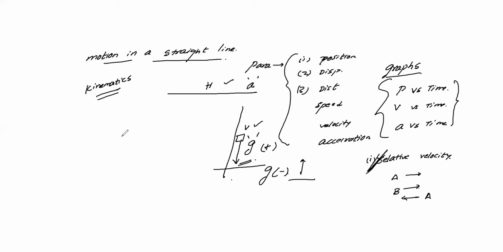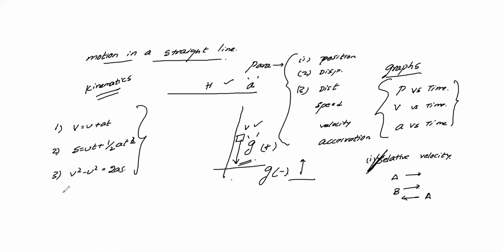First of all, we'll see the important questions and derivations. In that, we are going to discuss three equations. You remember them from laws of motion also. V is equal to U plus AT. Second, S is equal to UT plus half AT square. Third, V square minus U square is equal to 2AS. So these are the three equations.